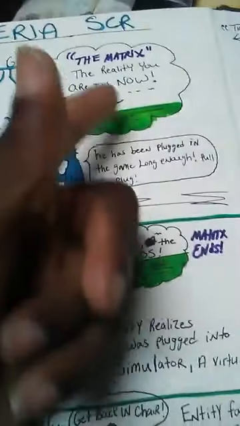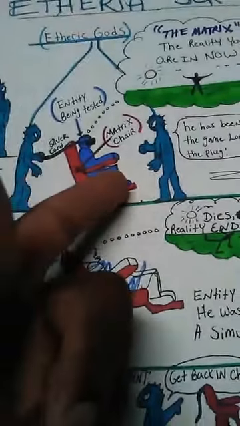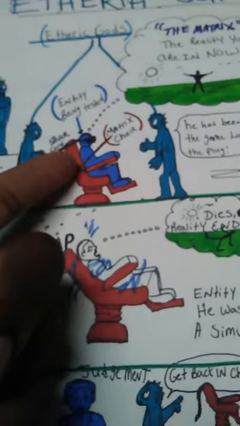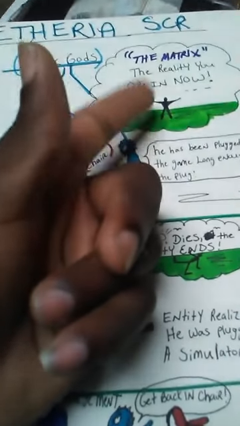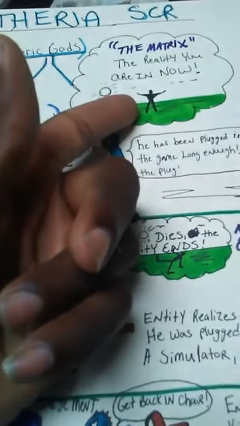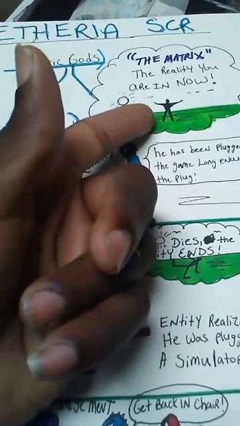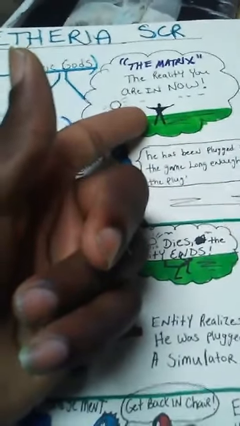So while he was living in his existence, remember, when the etheric gods plugged this entity up to the matrix chair and attached the silver cord, it created a reality for him. So he didn't do so good in his reality. He killed. You see, he was stealing, doing all kind of wicked things. So he didn't qualify because he didn't live a good life.